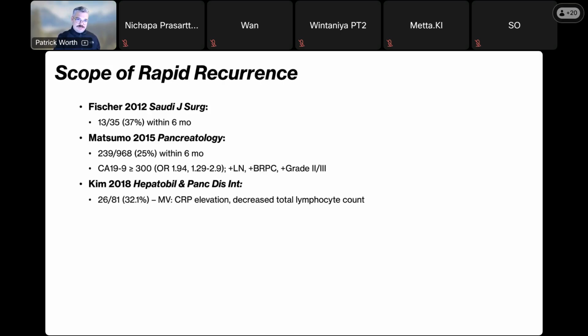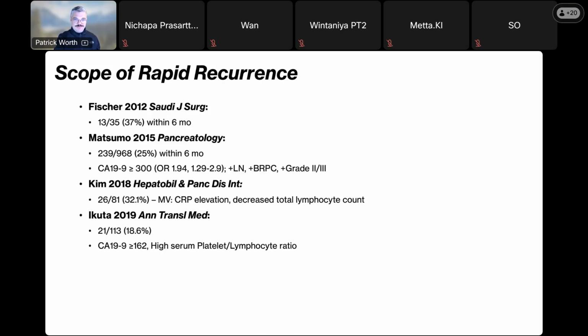This occurs essentially in a number of series at rates of about 15 to 40%. These are all retrospective reviews looking at details of pancreatic cancer recurrences within 6 to 12 months after resection, and essentially looked at different clinical features, but showed that this is happening at a rate of about 20 to 30%